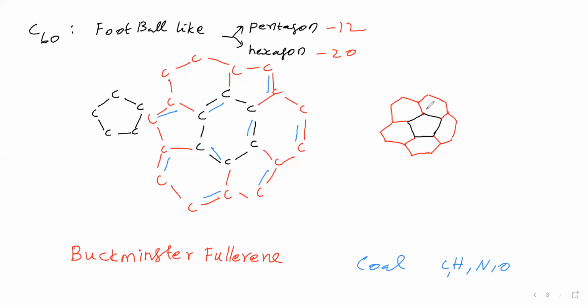Next, we will see coke. The next amorphous form of carbon is coke. How to get this coke, that we will see. We will take coal. In the absence of air, this coal is heated strongly. What we are getting is coke. This coke contains nearly 95% of carbon. It is used as a reducing agent, we can say.